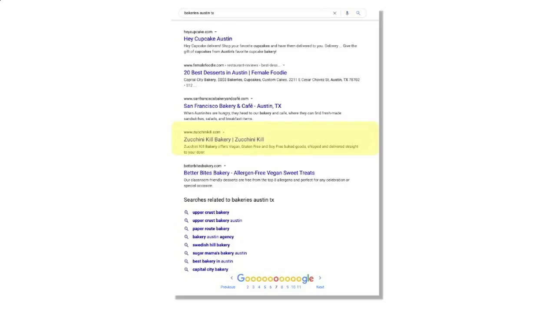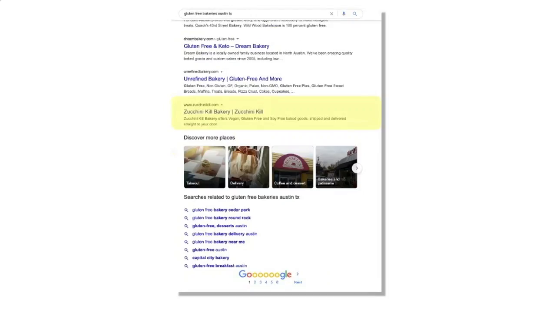I don't know about y'all, but I don't click past 2, so I would never find Zucchini Kill. However, if I search gluten-free bakeries, because that's what I need, Zucchini Kill, because they have implemented these keywords and really optimized their website content for SEO, is now located on page 1. So that's huge, and it makes a big difference.